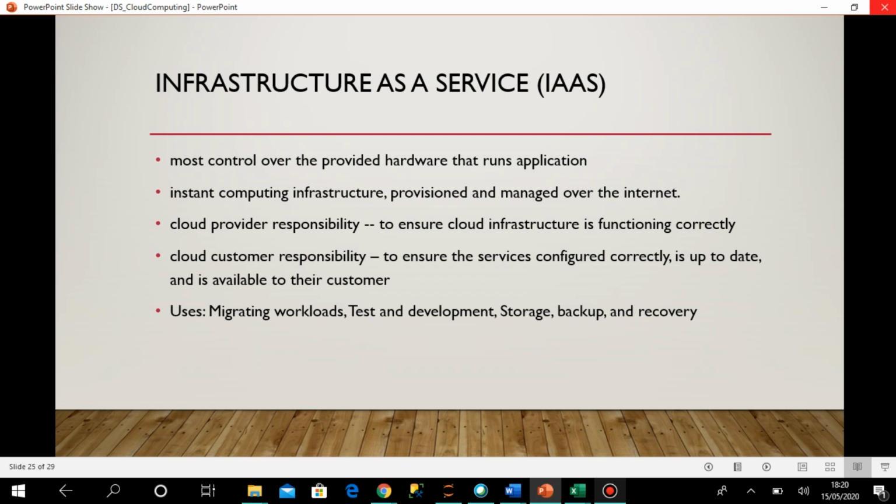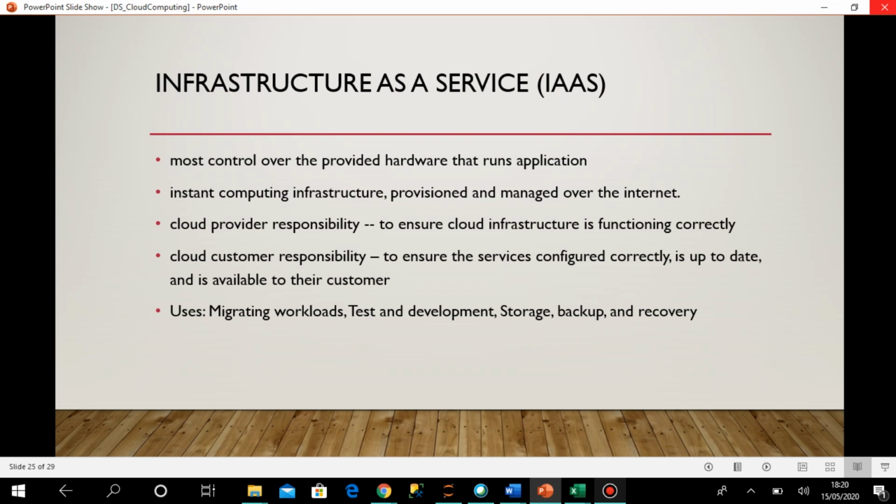As part of infrastructure as a service, we are just taking the infrastructure from the cloud provider, and once it is available with us, any services, configuration, operating system installation, and running of the applications are handled by the cloud customer only.